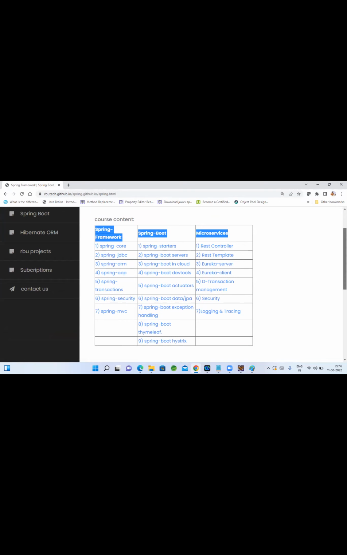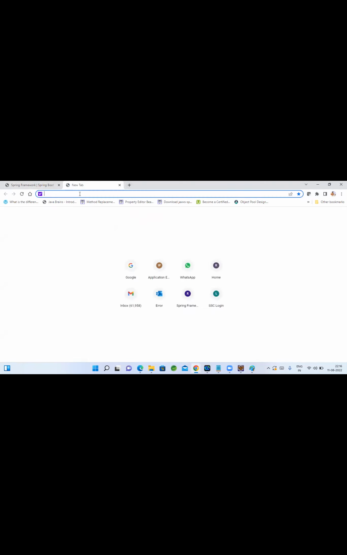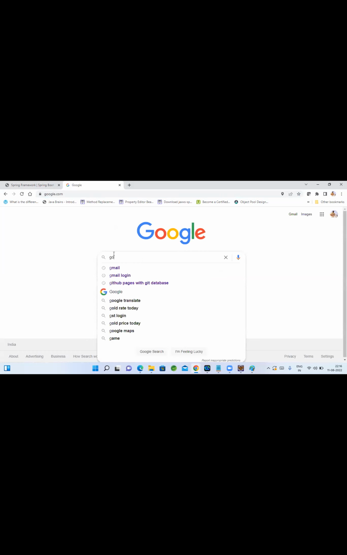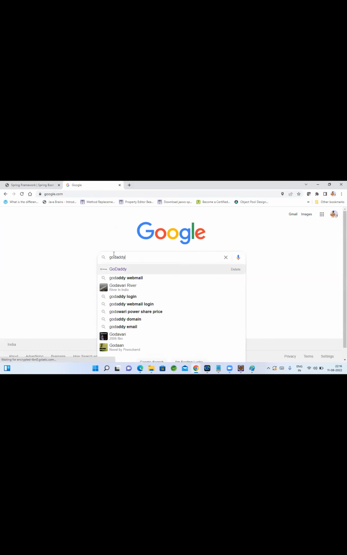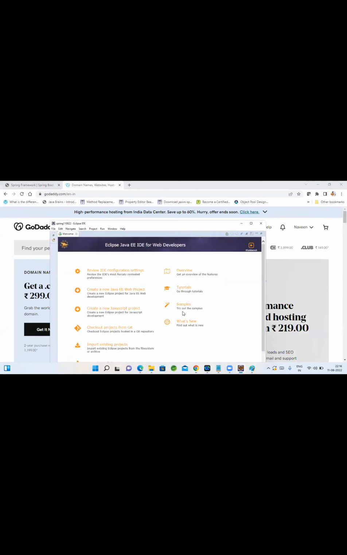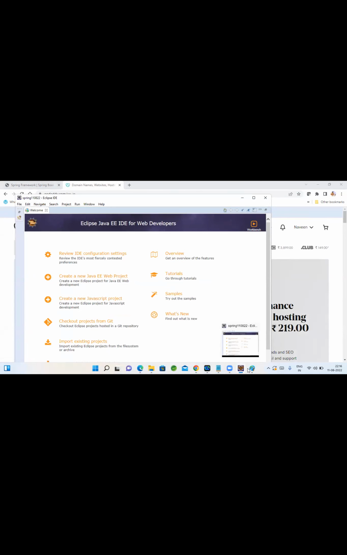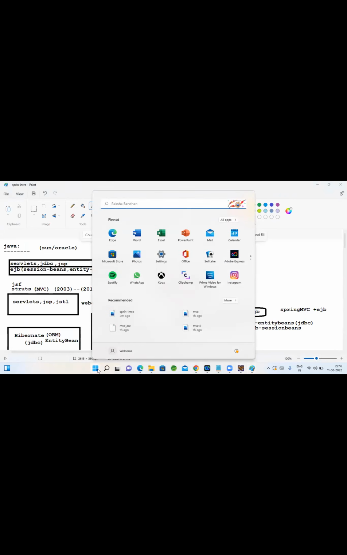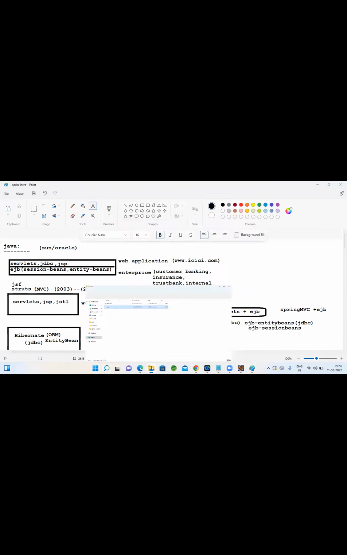I'll show you some live projects, how to start from scratch, how to buy a domain from GoDaddy or some other provider, and how you can develop an application on your local machine. Finally, we will run that application using your local system itself as a server. Does anybody know how to publish it?